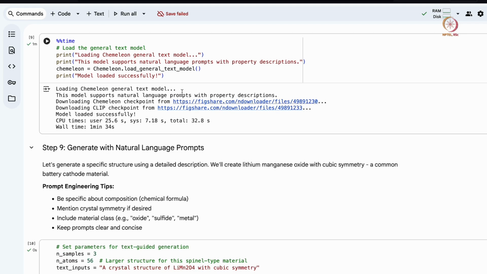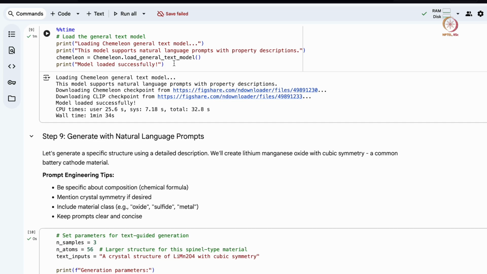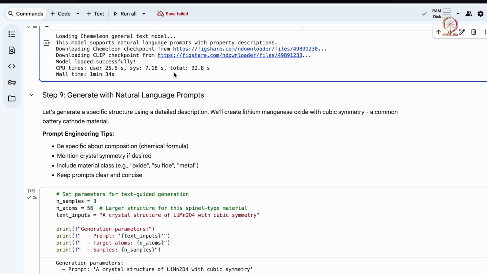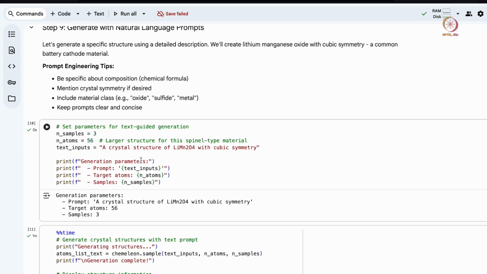So let's try that. First we load the general model. This line, chameleon dot load general text model, will load the other model, which is not the compositions model; it's called the general text model.